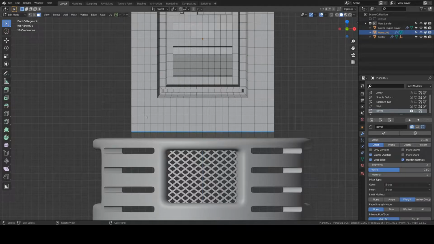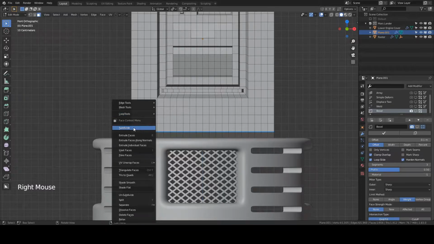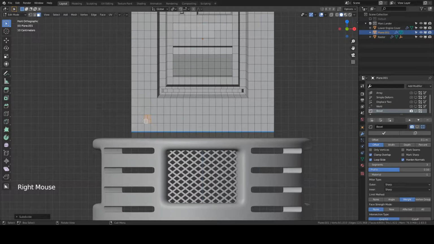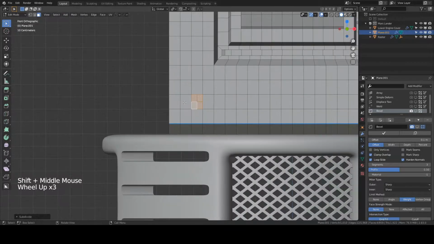So let's go into face mode and just select this one. And I'm going to subdivide it one time. And now I'm going to remove these faces, so X faces. So as you can see now, we have a couple of extra verts over here. If I now select them all,